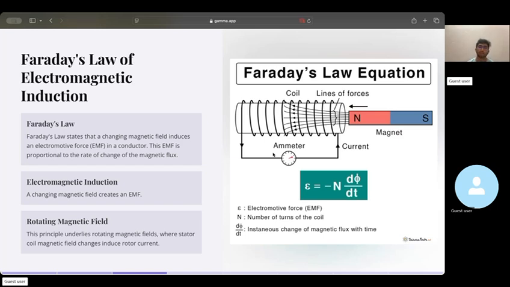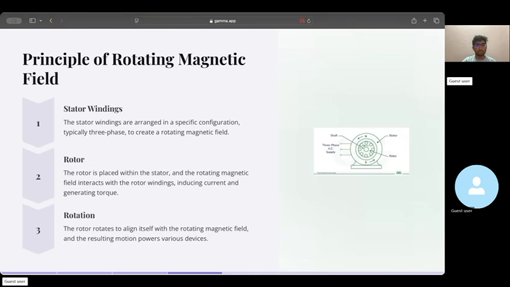Magnets typically rotate. This is caused by a rotational motion in general applications. I will talk more about that in the next slide: stator winding, rotor, and rotation. There are two main components in a motor, which works using the rotating magnetic field. The rotor, in basic terms, is something that causes a magnetic field,